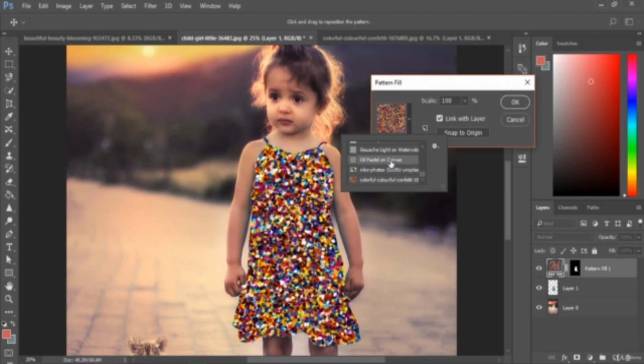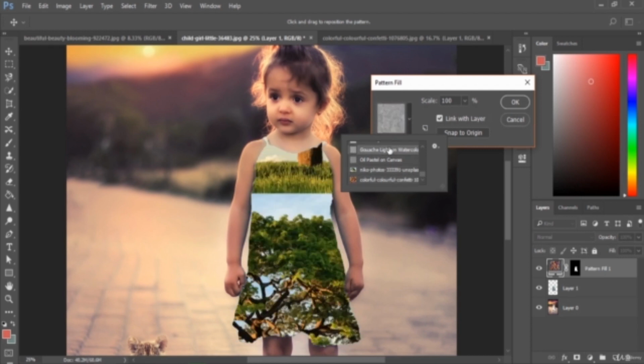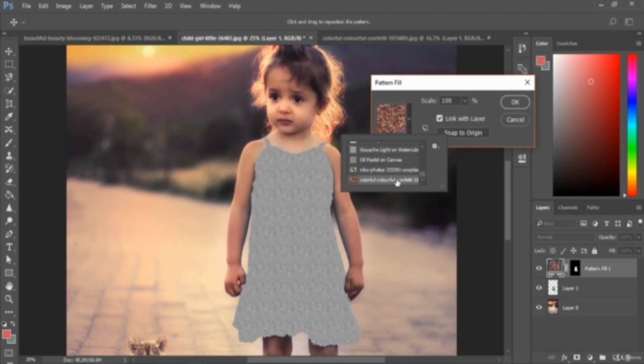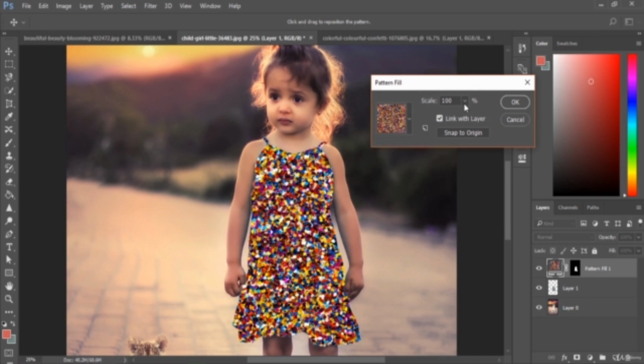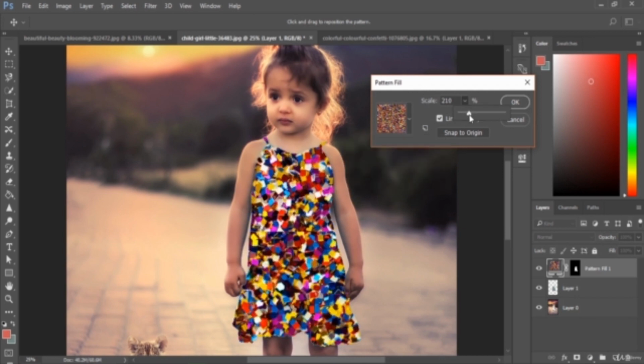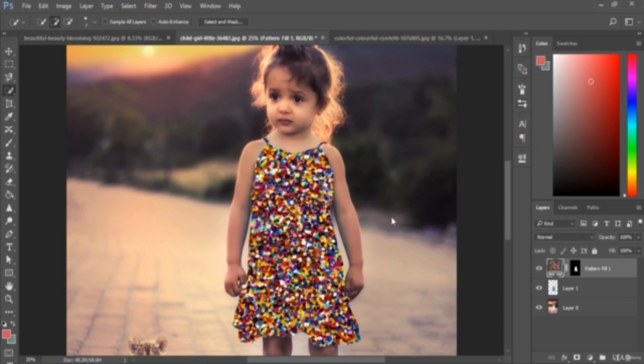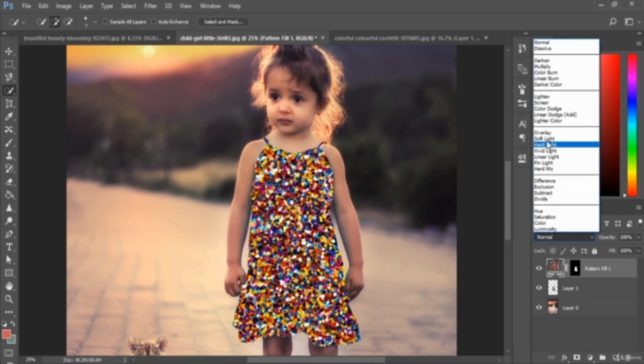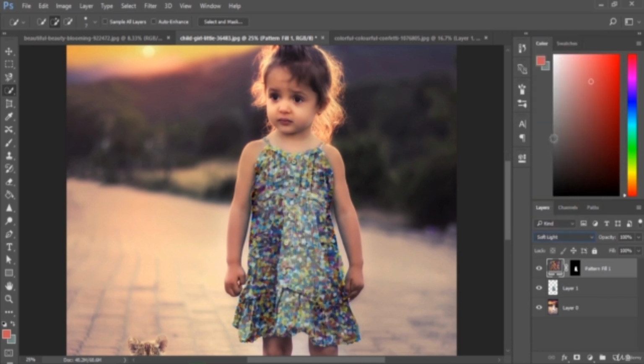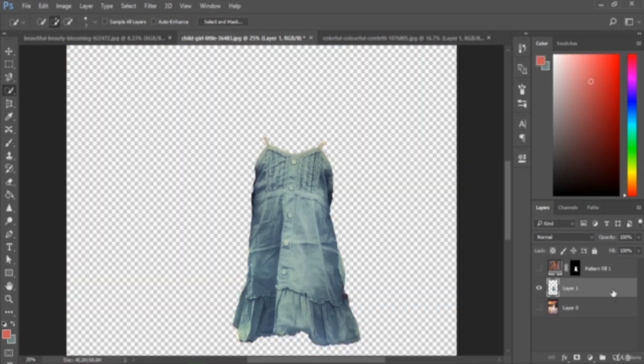And we can change the patterns to anything. This pattern, any pattern. I selected this one. I think this is pretty good. We can scale it high or keep it down. Anything we can do. So I'll keep this like okay. Let's click OK. Then change the blend mode to overlay or soft light. Look at that. Then we can decrease the fill value of this layer